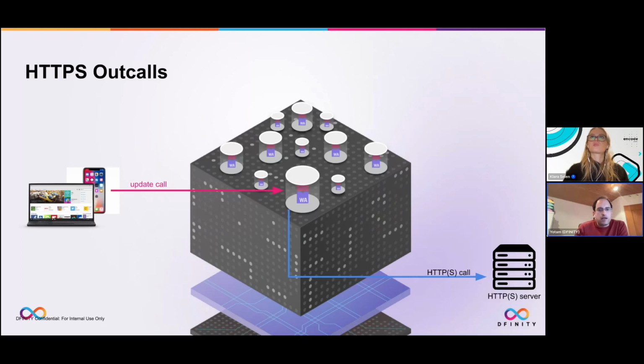Now, what are these HTTPS outcalls that we're talking about? In this case, the user may trigger, for example, an update call to the canister, and this update call might need to go to some external web server on the web. It doesn't have to be on a blockchain. It doesn't have to be on the Internet Computer. It could be any web server,